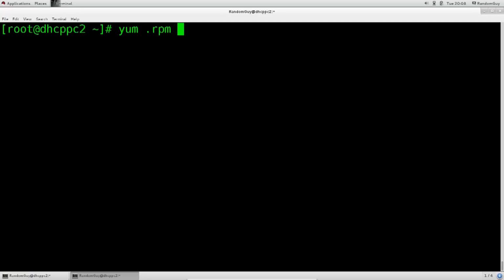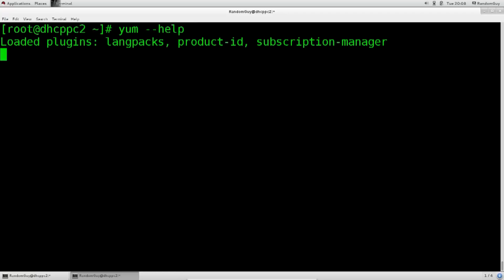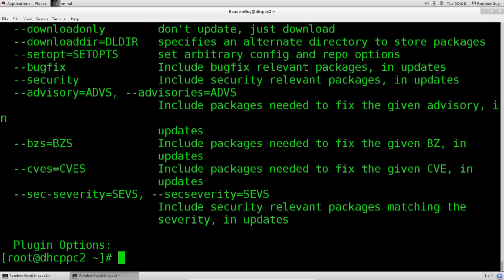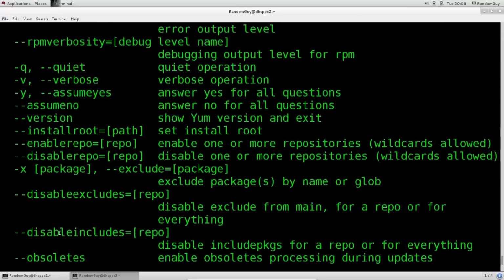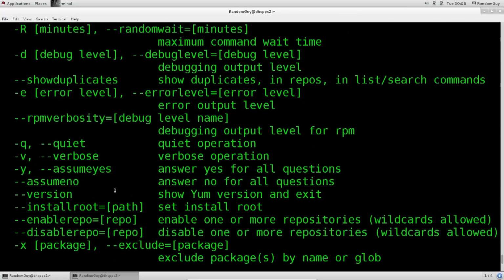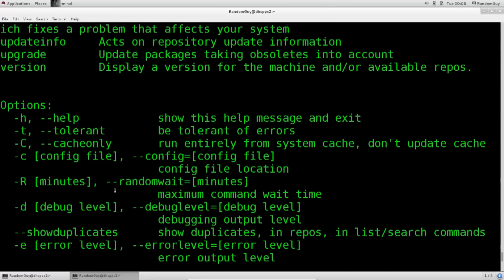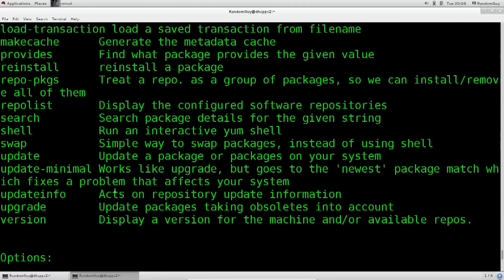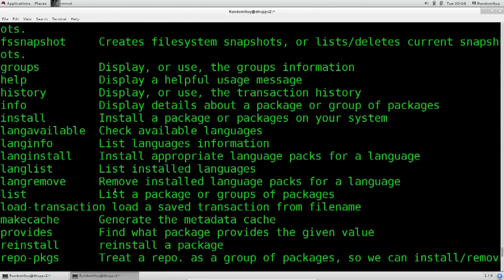Now, that being said, let me just go ahead and delete this, and now I'm going to use Yum to perform a search. Before I actually use it for search, let's just go over the help menu. Okay, it's immediately loading up. So this one has quite a comprehensive amount of commands that you can pass to it, and we will be using Yum throughout this course, as we will need to install